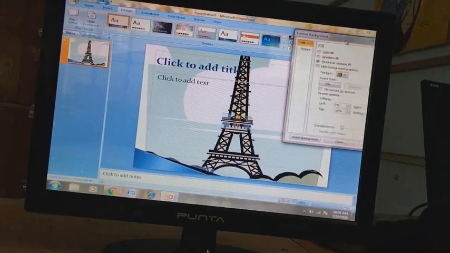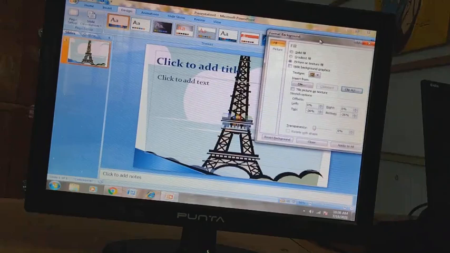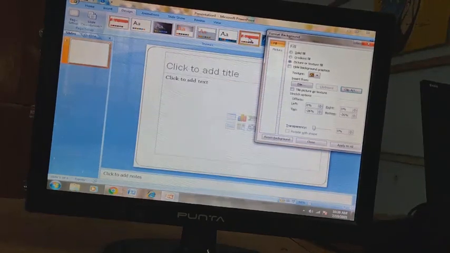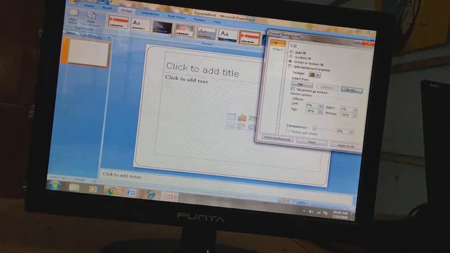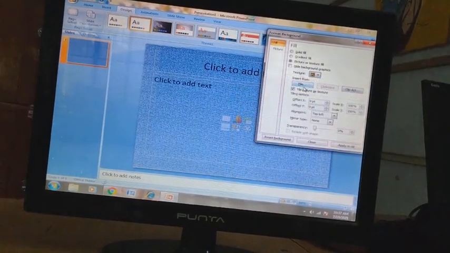So don't get confused about the theme, clip art, texture and insert file option. These all are changing your background style. These are for the backgrounds. For the background, you can change it from the background option, and for the texture, you have to change the texture.